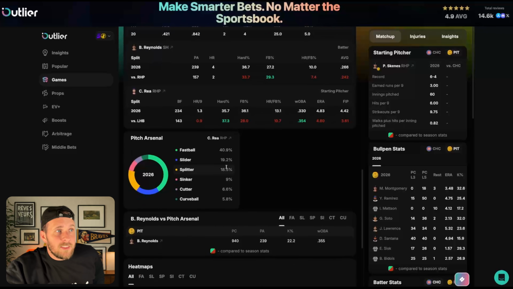Now, when we look at this pitcher, you can see hard hit percentage versus left-handed batters. Hard hit percentage actually goes up, fly ball percentage goes down a little bit. Weighted on base average also goes up, which is a really good sign for us as well. So again, I'm really liking what I'm seeing by looking at all of this different information that they already give us,